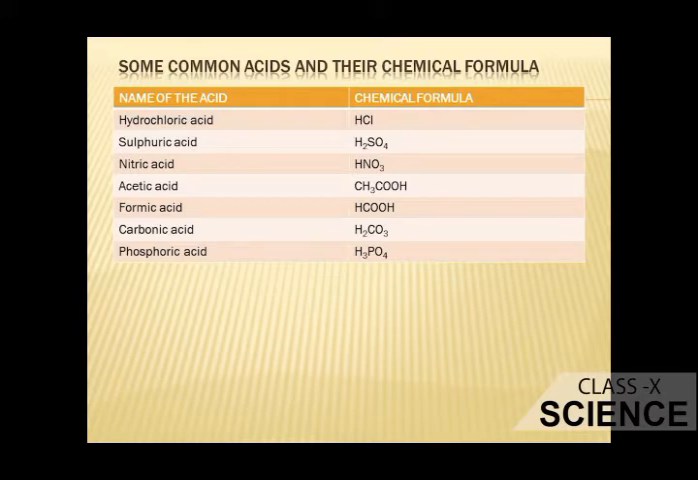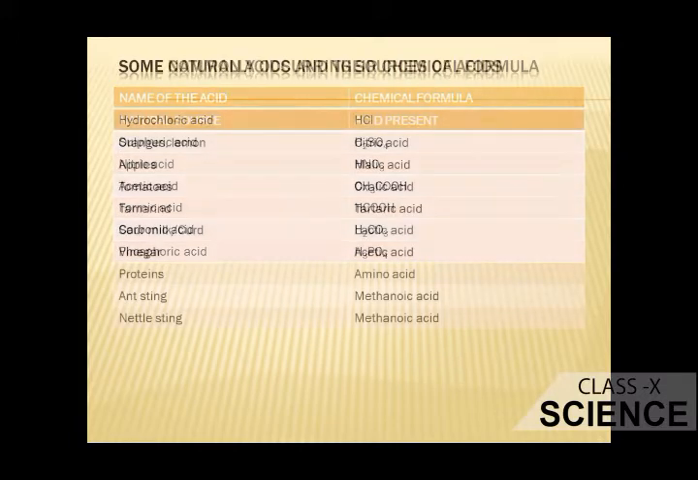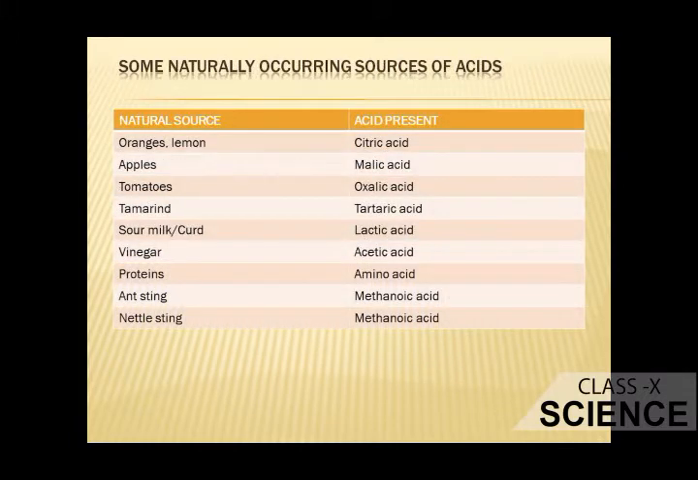Please have a look at the screen. You can see some common acids and their chemical formula, and I have another slide for you: some naturally occurring sources of acid. You can see here oranges and lemon, they have citric acid, apple has malic acid, tomatoes have oxalic acid,